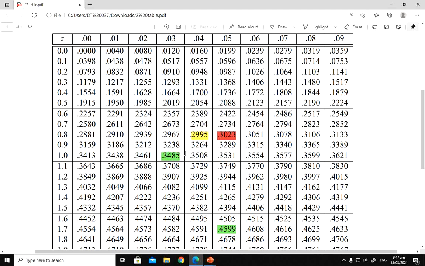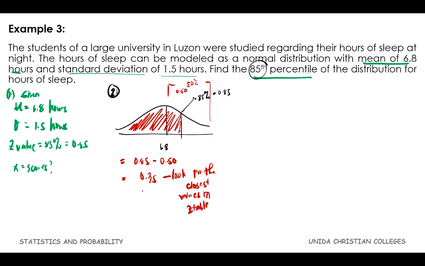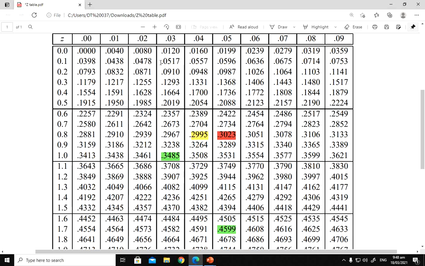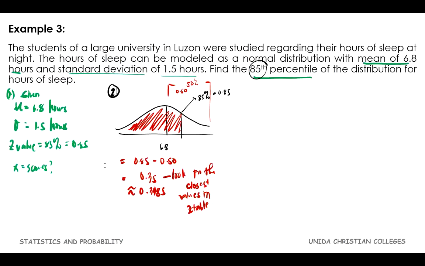Kukuha tayo ng 0.3485. So, approximation natin, we have 0.3485. Ngayon, what is the z-score of 0.3485? Ito, 1.0 tas 0.3. So, meaning 1.03. So, ang z-score niya is 1.03. Okay, so that is the z-score. Now, let's proceed to our